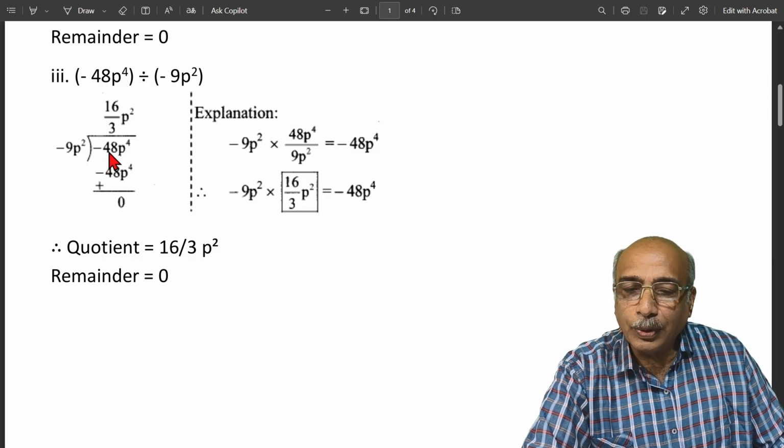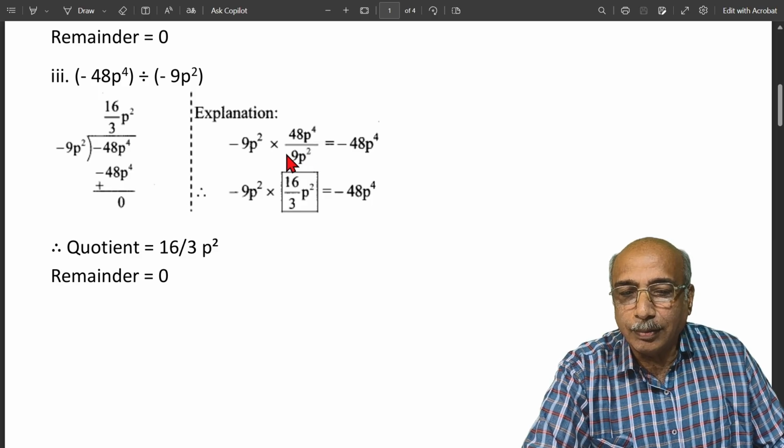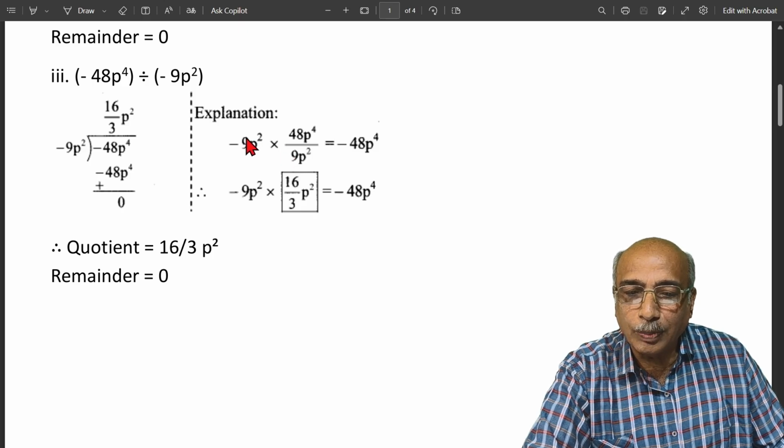So here what you have to do in this step, whatever term you are dividing, minus 48p raised to power 4, that divided by the term by which you are dividing. So 9p square, you have to multiply this term. So 9p square into minus 9p square,